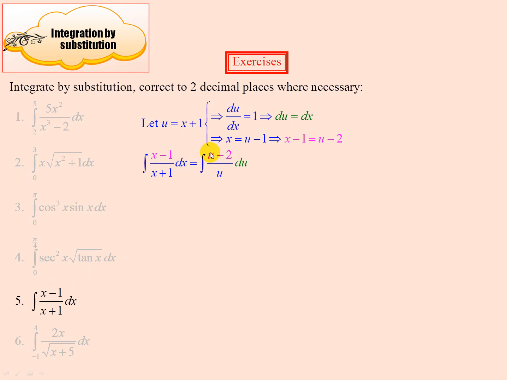So there, x minus 1 becomes u minus 2, x plus 1 is u, and dx becomes du because they're equal to one another. Two terms, integrate,